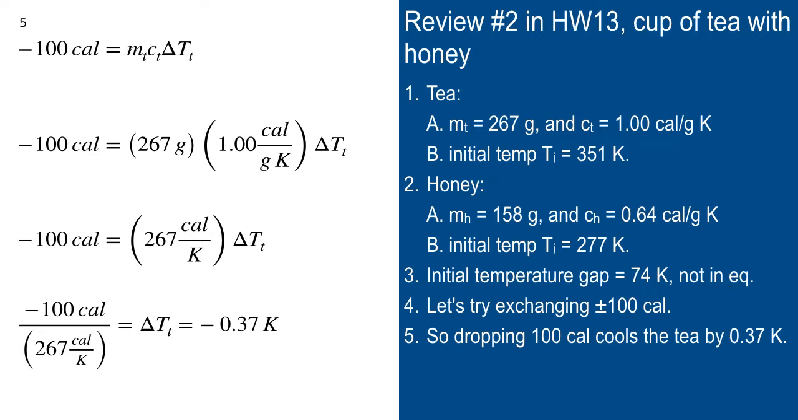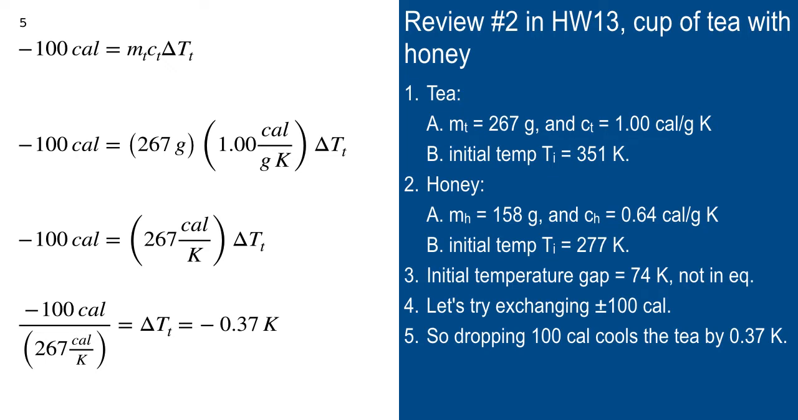Now, here's an IQ test for you. It's not an iClicker, but mentally ask yourself, if I had exchanged minus 1,000 calories, what would my change of temperature be? In other words, 10 times that amount of energy. Not 0.37. Negative 3.7. It'd be negative 0.37 times 10. So sometimes, using the right delta Q, plus or minus 100, or plus or minus 1,000,